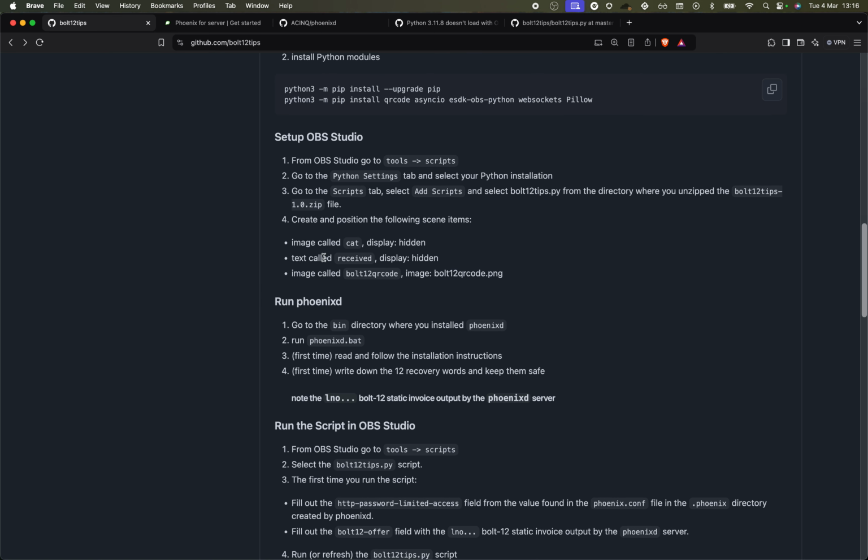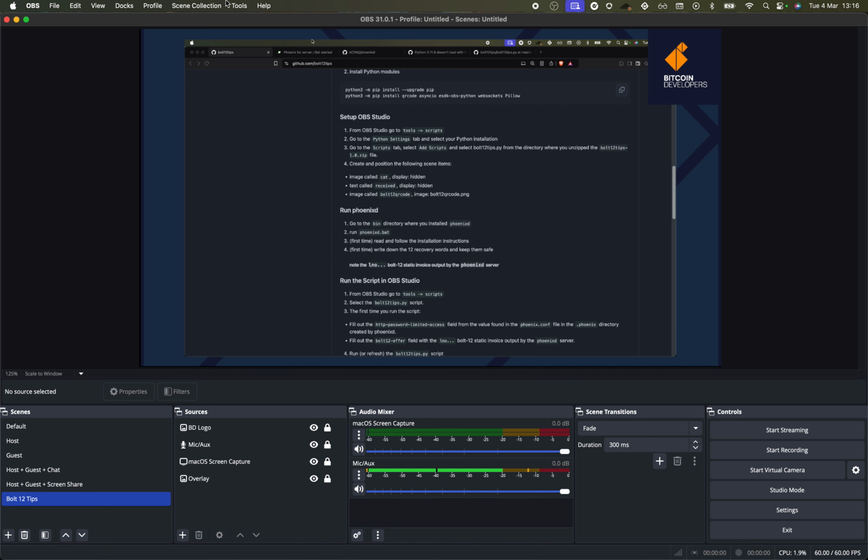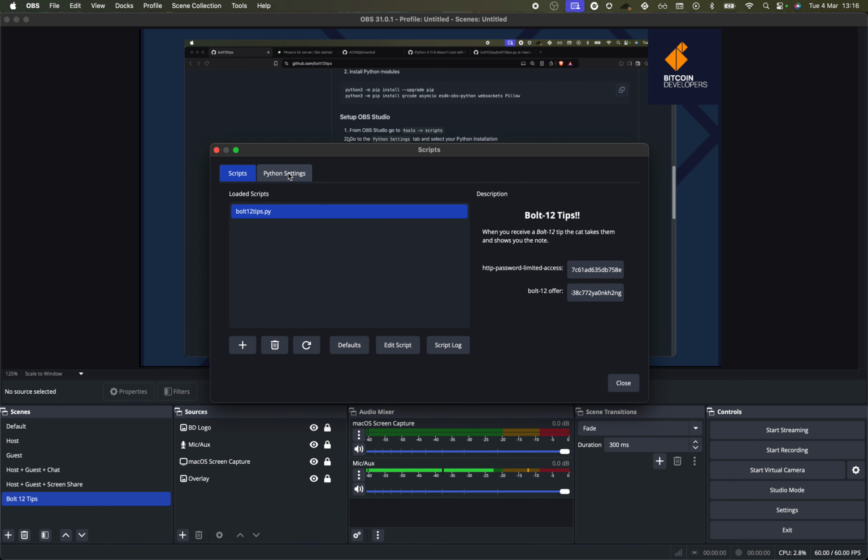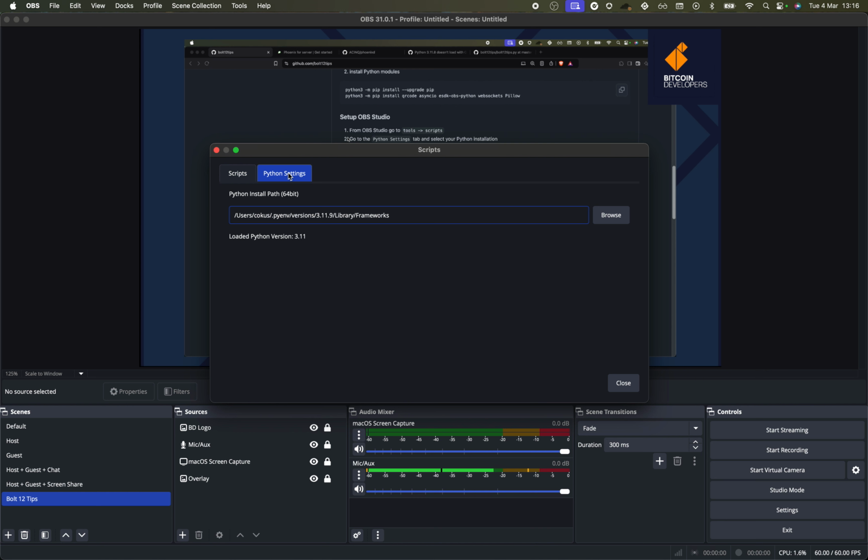So before I do that, we're going to want to load in the script that runs all of this stuff and connects to our PhoenixD Lightning node. So the first thing we want to do is go to Tools, and then go to Scripts. And then we want to go to Python settings, and browse to